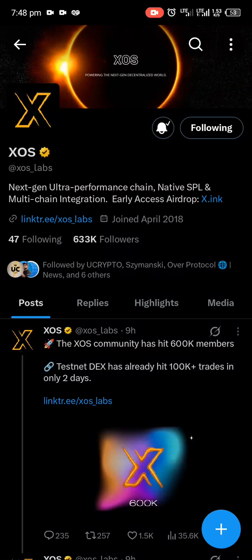Hello guys, I want to actually do the promised video of the XOS Labs testnet mining I promised you all. So if you don't know how to go about the testnet, this is what you need to do right now. Mind you, before you are able to partake in this testnet, make sure you are actually mining the original project. If you are not a member of the original project, you will not be able